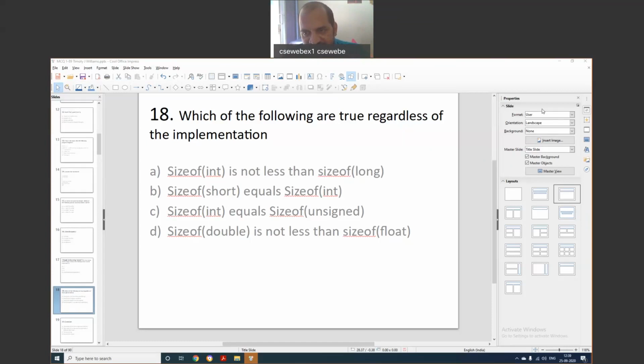Timothy J. Williams, MCQ. Multiple choice questions, computer science. You type it in Google, you'll get it. Total around 8-10 textbooks. Quiz questions will be there, and all of you must go through them.